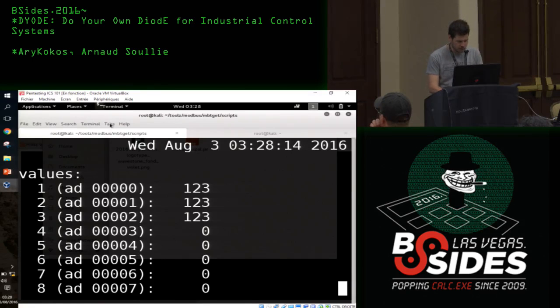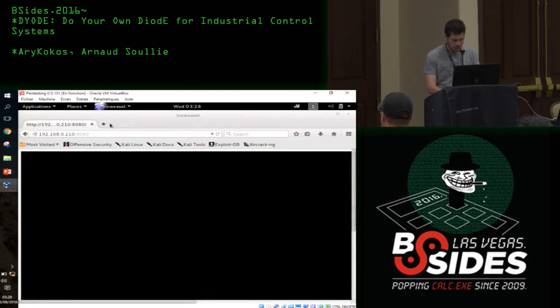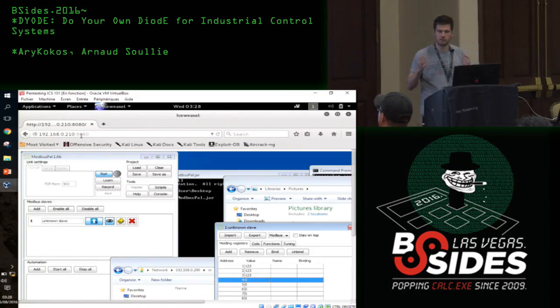Okay, and the last feature, which is kind of interesting, is the screen sharing. So let's say you're on your ICS, you need the help of your vendor to perform some debugging operation, but you do not want to expose RDP directly to the internet and let your provider do whatever it wants to do. So with this solution, we offer a one-way screen sharing. That means using a simple web browser,